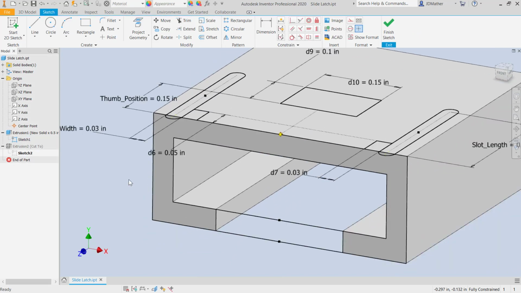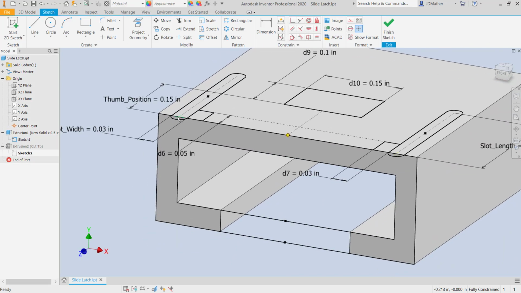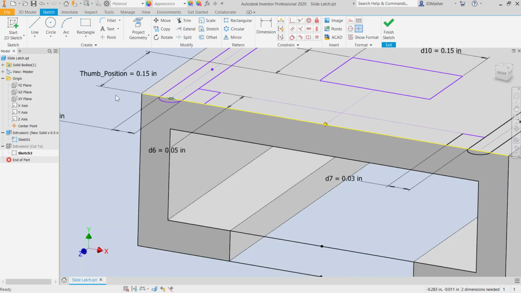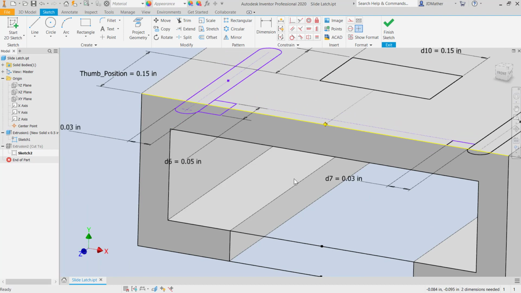I'm going to turn the visibility of the sketches back on again, and I intended for this point on the slot to be over here. So I'm going to delete this projected point. I may need to delete the constraint first, and then I'll try dragging this over, and I'll also do the same thing over here. So I'll delete that projected point, and I can then drag this over,